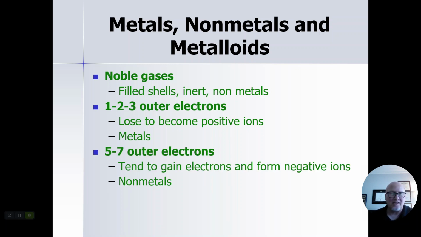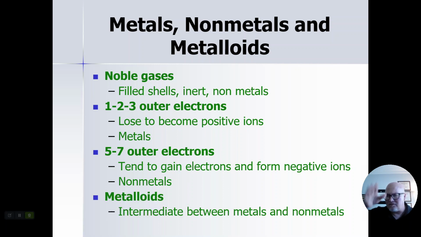So, and this is what I just said. Families 1, 2, and 3 tend to lose electrons and become positive. Families 5, 6, and 7 tend to gain electrons and form negative ions, and those are nonmetals. The metalloids are that line that's in between. It's kind of a zigzag line. It's not a straight column, and they form the metalloids, and they have some characteristics of metals and some characteristics